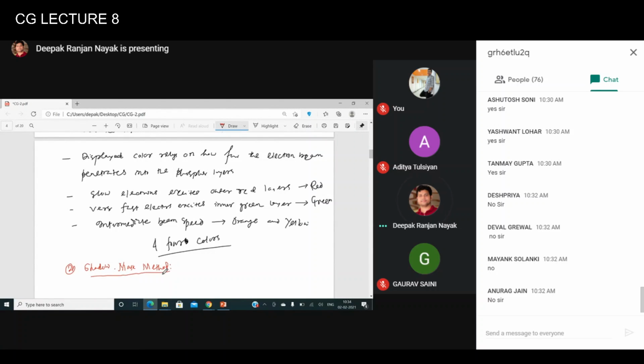Fine. These are commonly used in raster scan systems, including TV monitors, including color TV monitors.